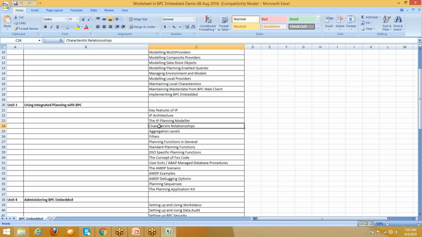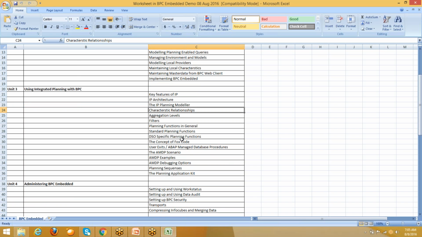We are going to understand what is characteristic relationships. Characteristic relationship means, let's say based on the currency, I can select the company code. Based on the cost center, I can select the profit centers. Those characteristic relationships we are going to discuss, aggregation levels, filters, planning functions, standard planning functions. Like script logic in BPC standard, here we have planning functions, planning sequences,